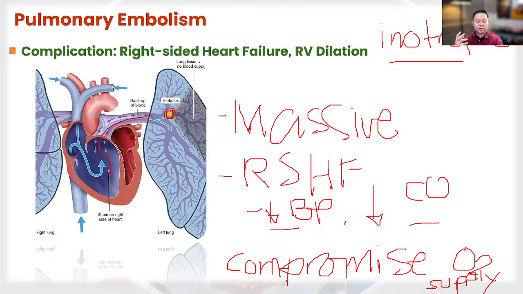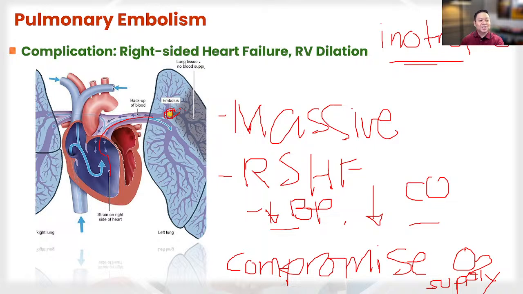So when you call the rapid response, and maybe the patient coded, of course, the team will be right inside the room. And of course, they're going to send this patient to the critical care unit. With the administration of the inotropic agents probably initiated en route to ICU. Yeah, so this is expected.